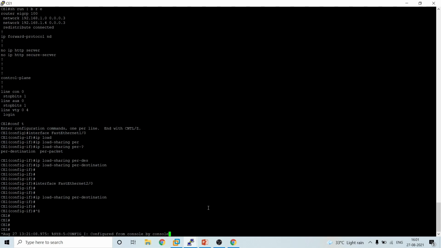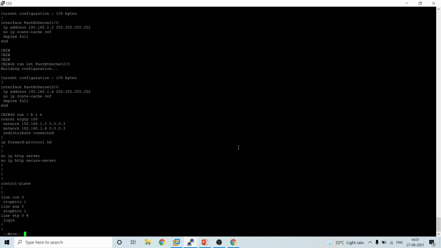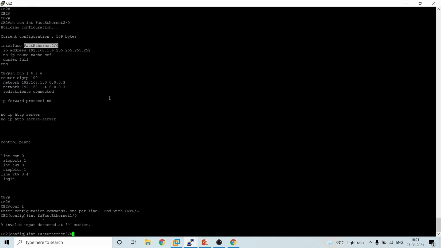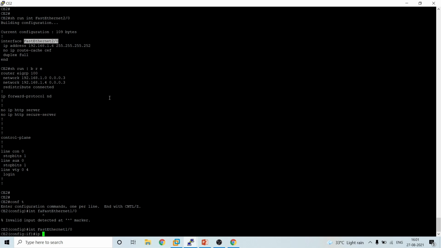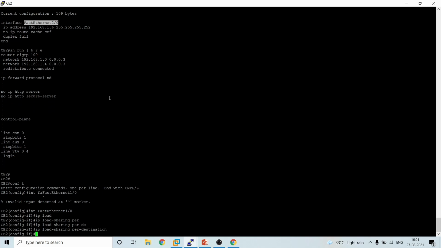I'm going to do that for the other router as well, which is CE2. Configure terminal, interface 1/0, IP load-sharing per-destination. We'll do that for 2/0 as well.